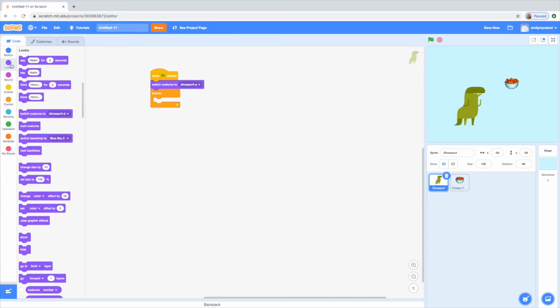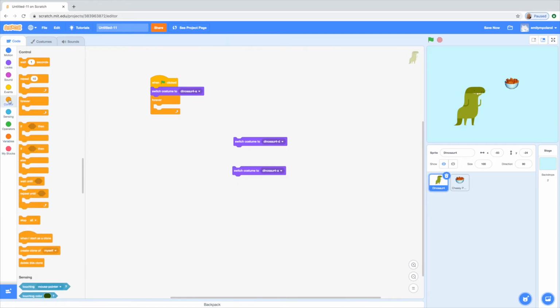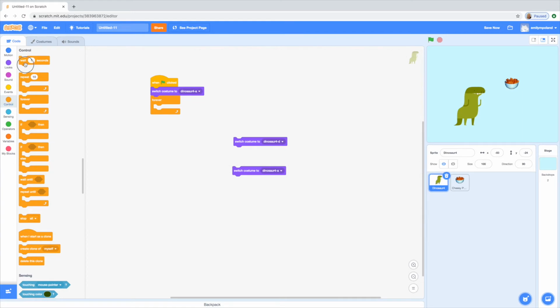So in this loop, we know that we're going to want a costume change to the open mouth, and we're going to want him to change back to the closed mouth so he can open and close his mouth. So we're just going to go ahead and put those there for later. And then, just for timing purposes, I'm going to have him wait 1 second at the beginning of this loop. So I'm going to drag that block inside of the loop right here just so that it doesn't go super,